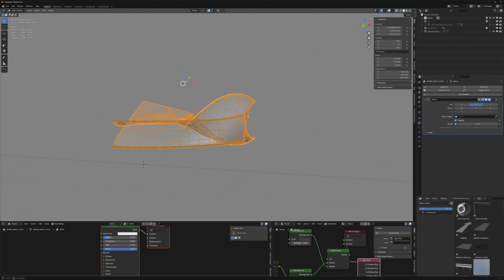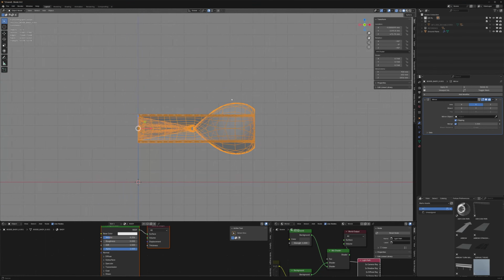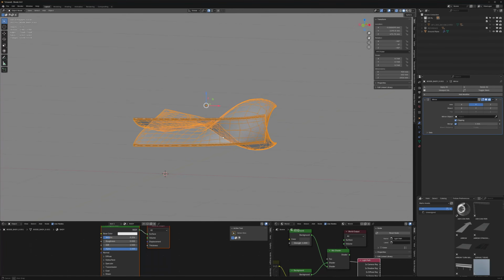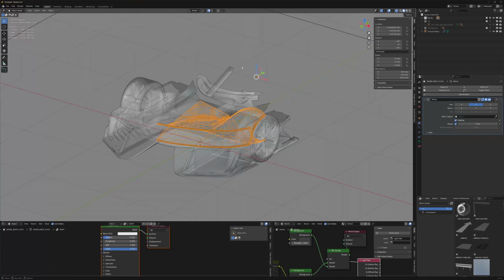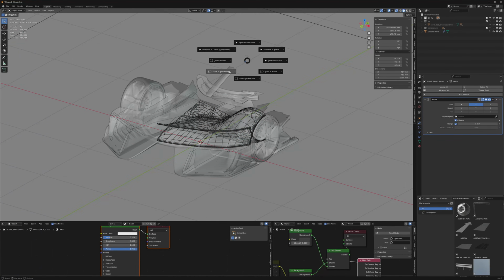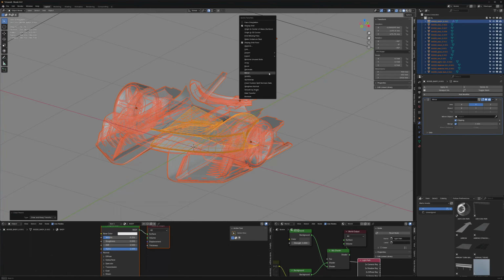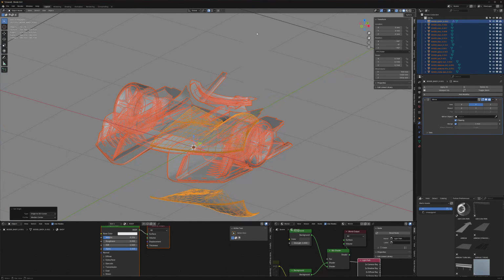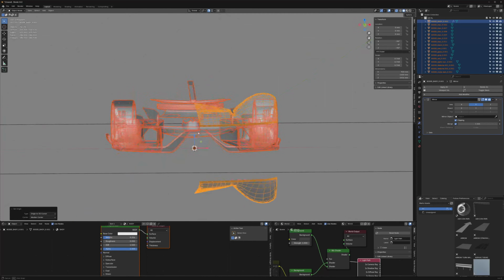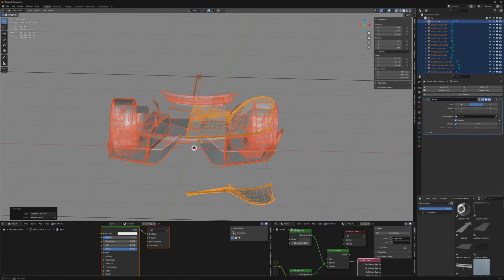And so the origin of this, no, what's the problem here? What's going on? Actually, let's turn on the rest of the model. Let's put cursor to origin, cursor to world origin. And then let's make sure it's not parented. Let's move the origin to 3D cursor. So it's going to move the origin of everything to the cursor, which is at world coordinates, or world origin. So now, if we go back to the mirror,